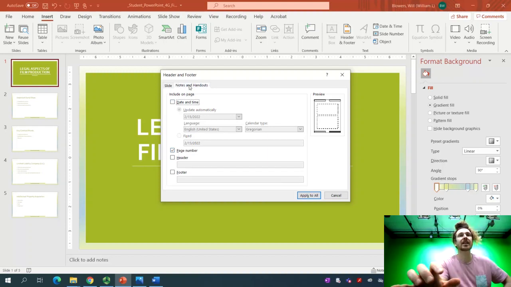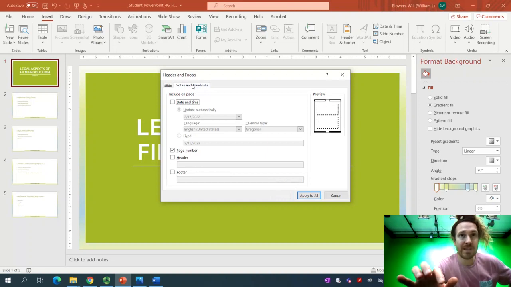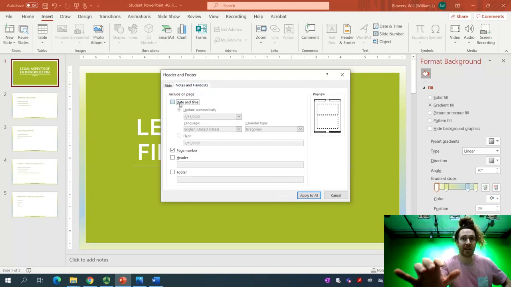What you need to do, click over on the Notes and Handouts tab. This is a common mistake. Click on Notes and Handouts. They're very similar. Click on Date and Time, make sure that it's fixed, and again, double check you're on the Notes and Handouts tab. Once you have the fixed date and time, make sure, and we have it already, but